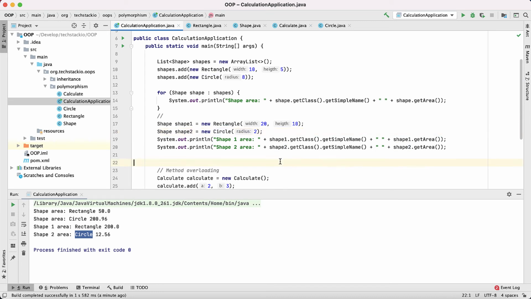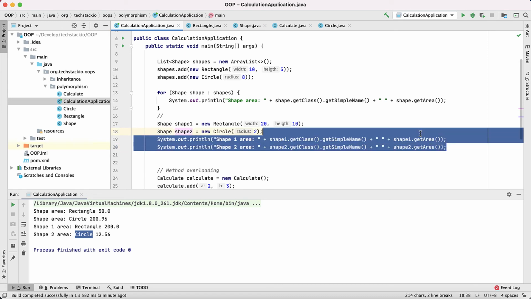So even though it's a shape super class reference here, in line number 19, it's pointing to the rectangle object, so this is calling the rectangle's get area method. And shape2, even though it is a super class reference, during the runtime determines that it's pointing to the circle object and calls the circle's get area method.